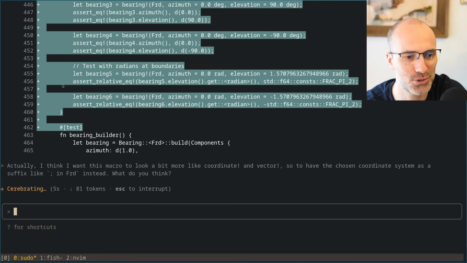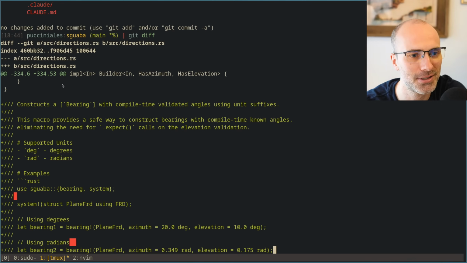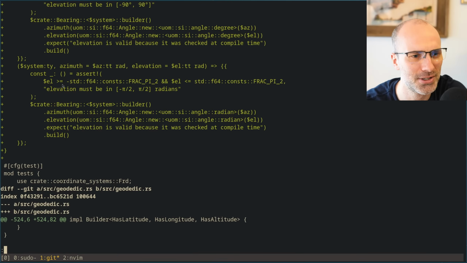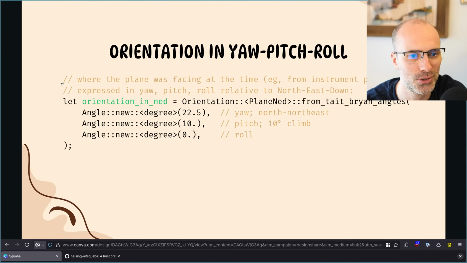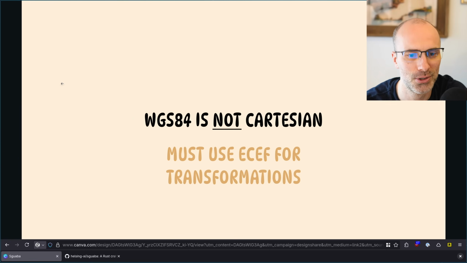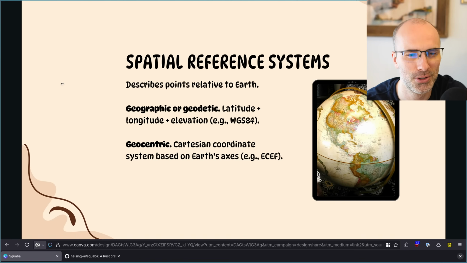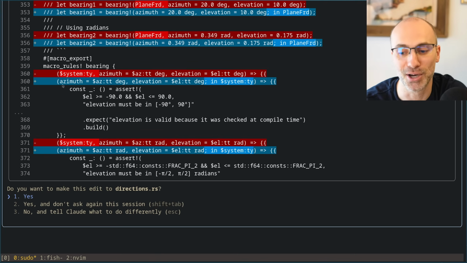Geodetic, or have I misspelled geodetic? Geodetic? I don't know anymore now. Geodetic? Oh, it is geodetic. Oh man. That's a big bug we gotta fix. Totally right.